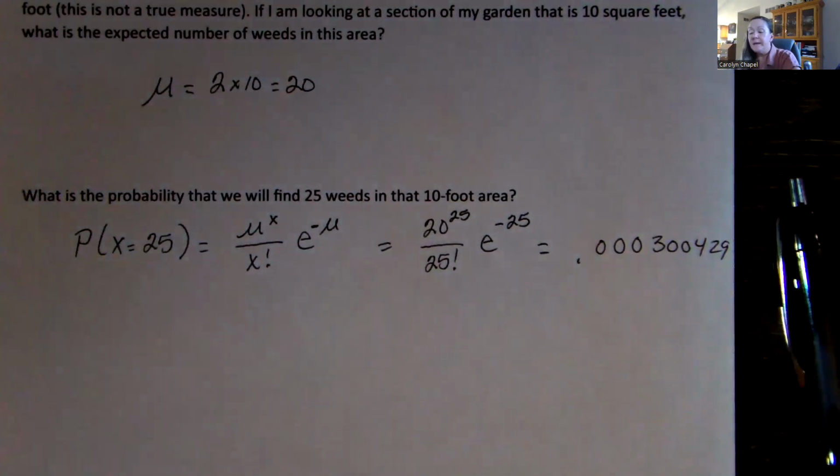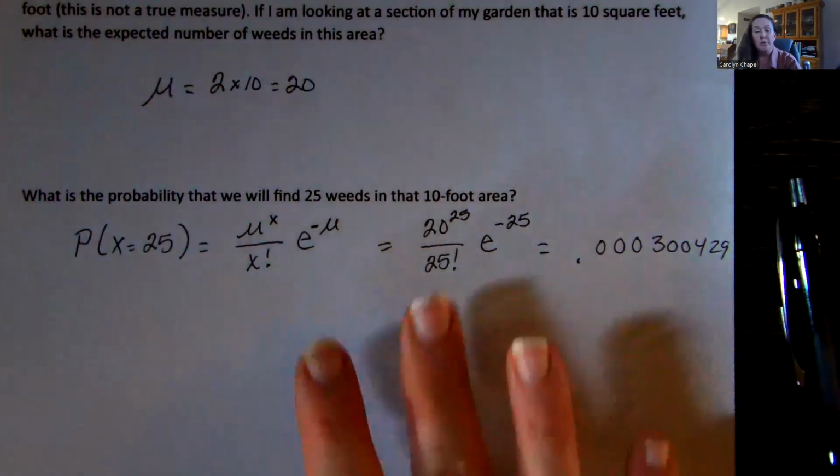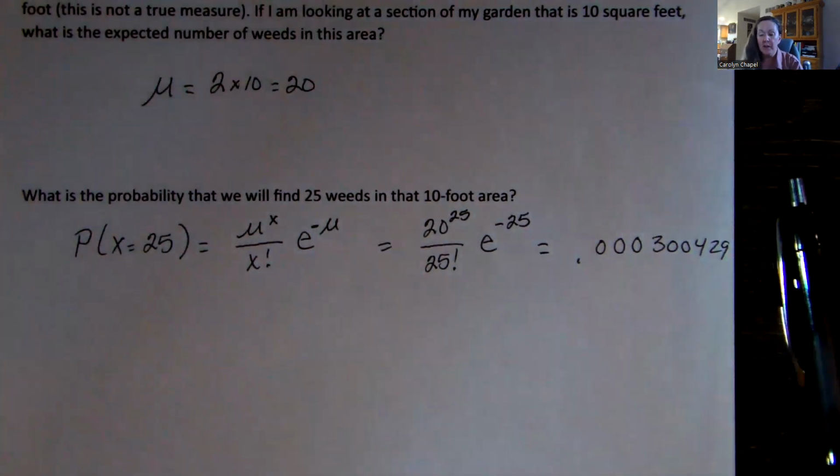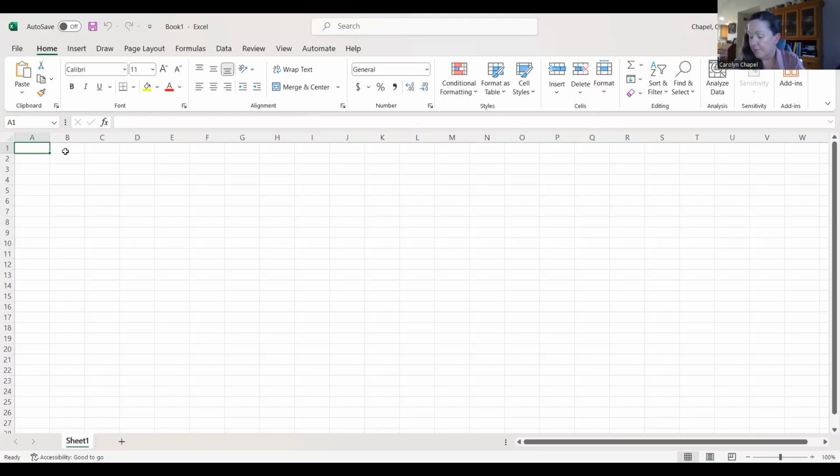Okay. We can use technology to do this for us. So if we're not real comfortable with pushing buttons on our calculators, we can get the technology to help us. And I'm going to go first into Excel. Very similar to the binomial, this Poisson is found in one of our functions. So we're going to insert a function.